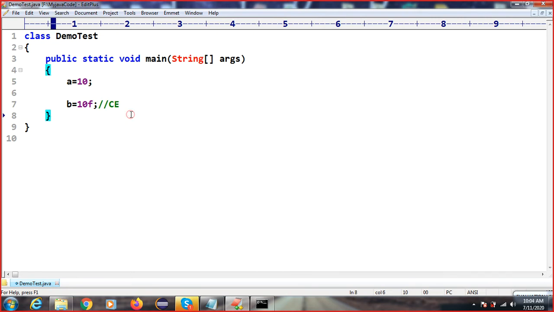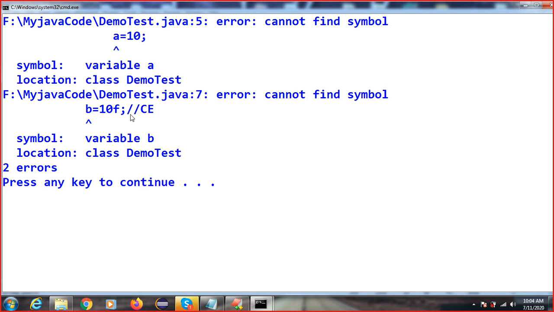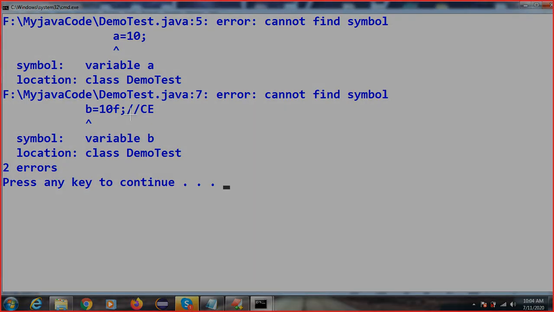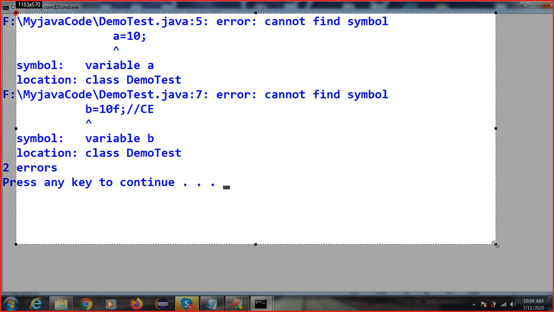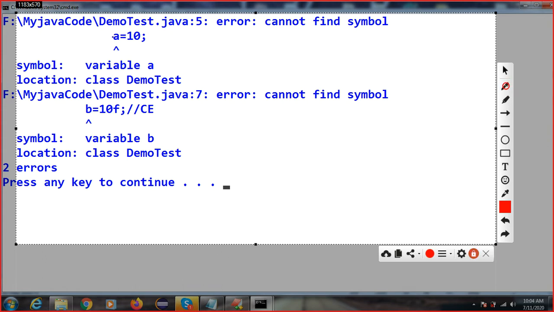So if I compile this code now, you can see we are getting this compile time error, cannot find the symbol. Why? Because the JVM and compiler are not able to understand the variable name you have given, since you did not mention the type. Here you have stored an integer type, but the JVM and compiler are not able to understand this.